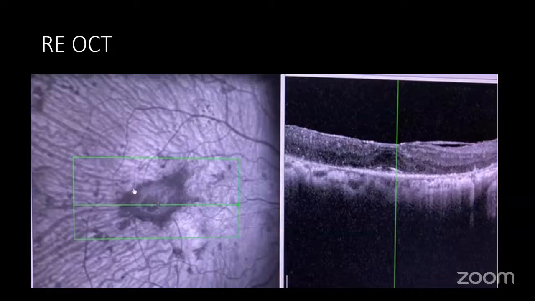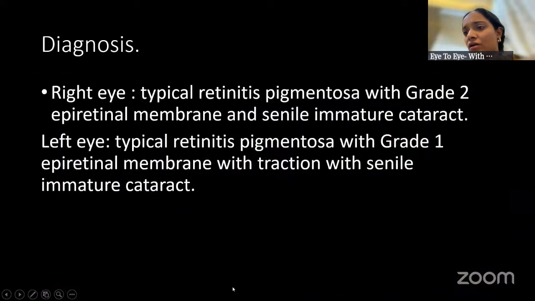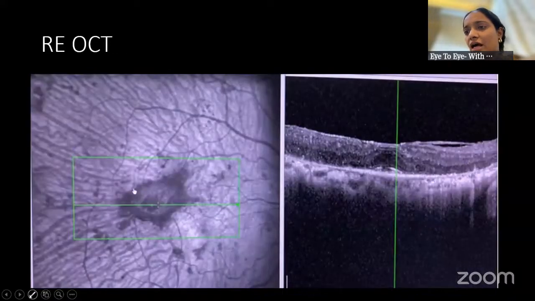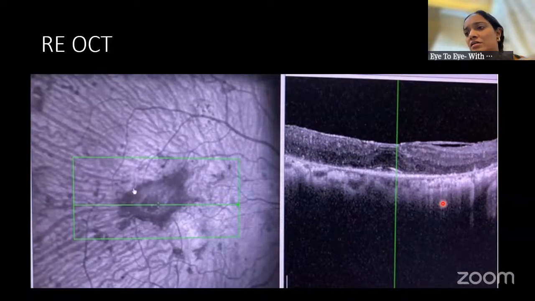The outer retinal layers are distorted with photoreceptor. Central subfoveal disruption is there, and the parafoveal retinal outer layers are all lost. The outer retinal architecture in the parafoveal area is completely disorganized. This is the right eye. Left eye has,